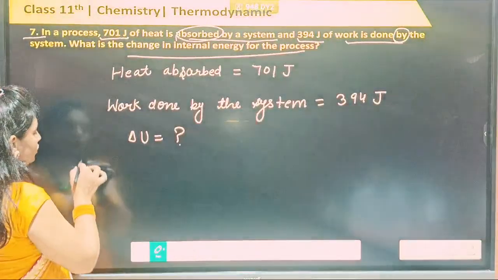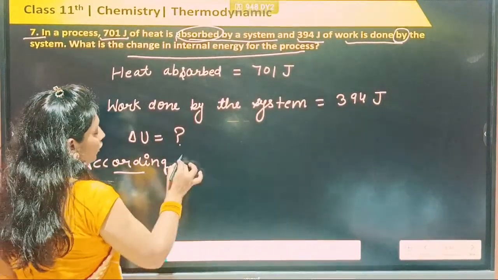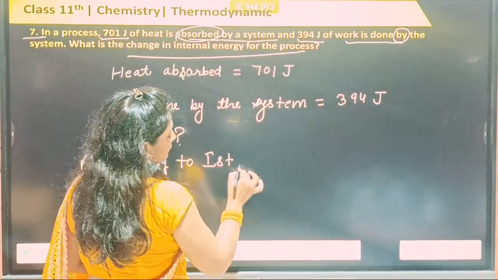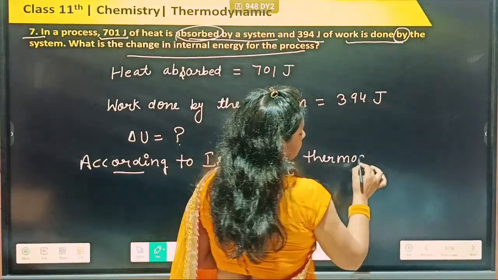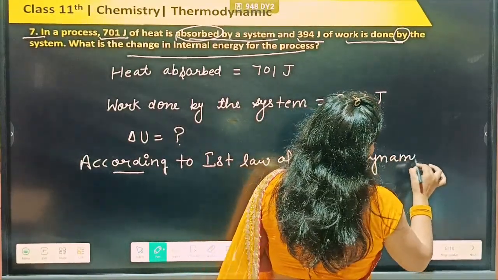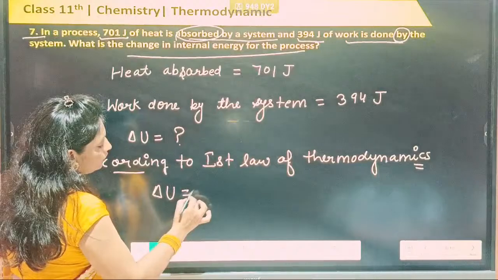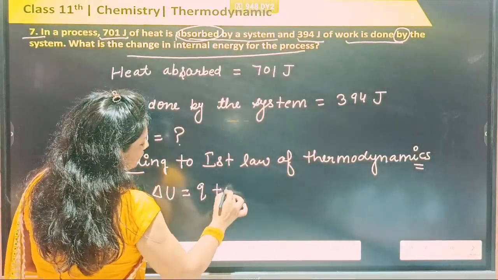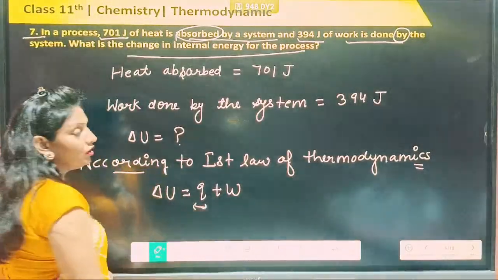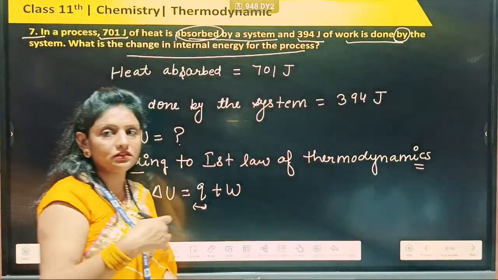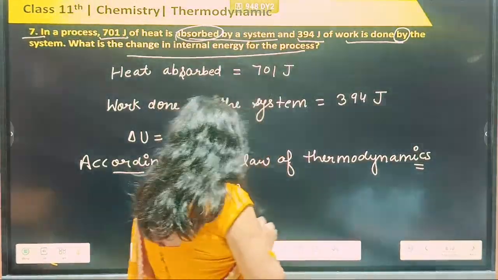So according to the first law of thermodynamics, del U is equal to Q plus W. Students, here the sign convention will depend on whether heat is absorbed by the system or heat is released by the system. If heat is absorbed,